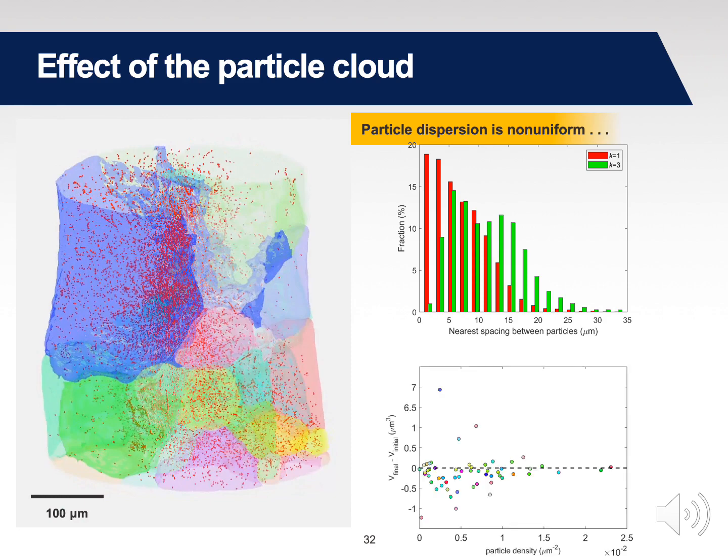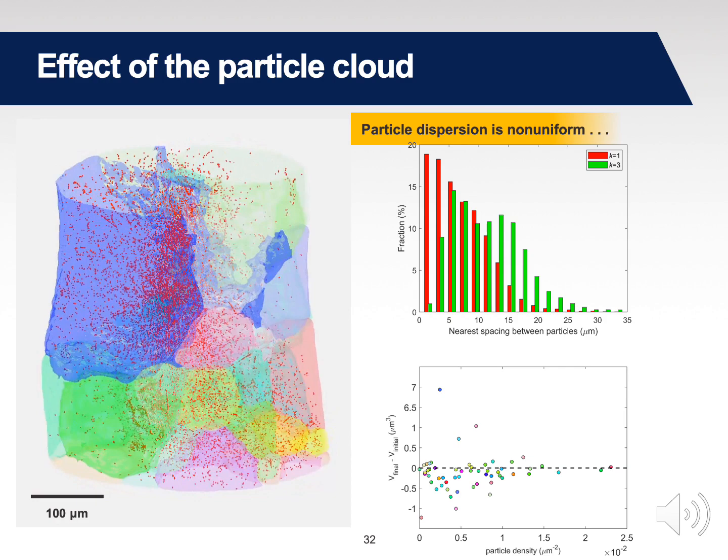And so now we can correlate this, the particle density, where the particle density refers to the number of particles along the grain perimeter, as a function of the volumetric growth rate of the given grain. And you see something very interesting here. When the particle density is very, very high, you see that the volumetric growth rate is nearly 0. When the particle density is very low, there's a greater chance that the grains will fluctuate, and they'll either grow or shrink, and this distribution fans out, right?